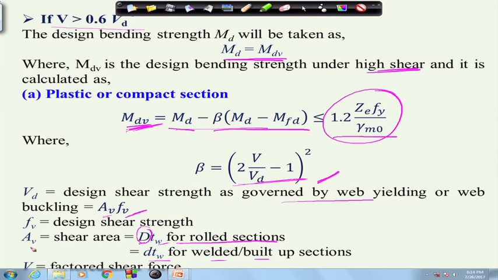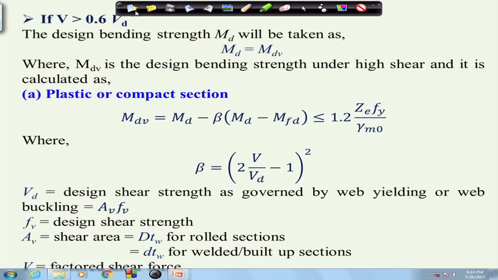So, Av can be calculated as D into Tw for rolled section and small d into Tw for welded or built up sections, and Fv is the design shear strength and V is the factored shear force, which we can calculate from the loading condition and from boundary conditions, right. So, once we calculate V and Vd, then we can find out the value of beta, and then we can find out the value of Mdv,